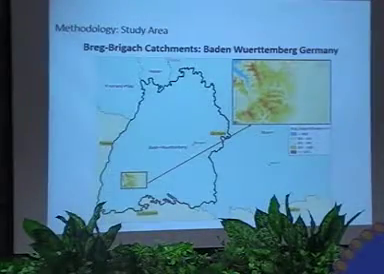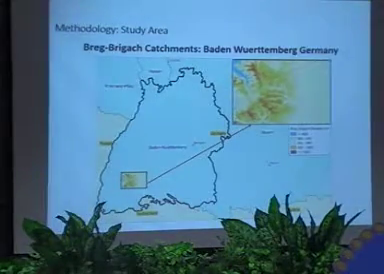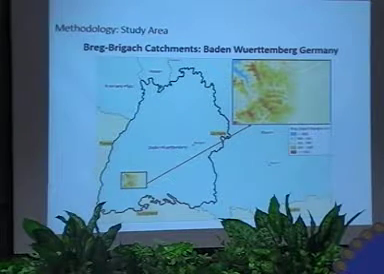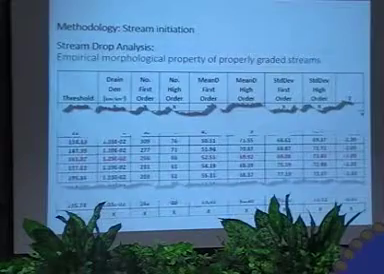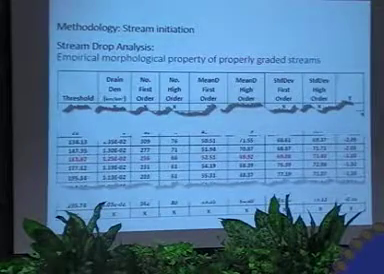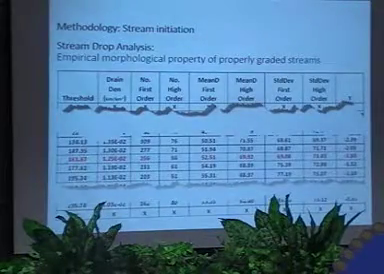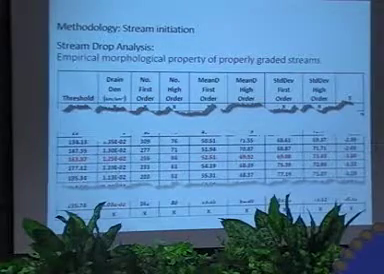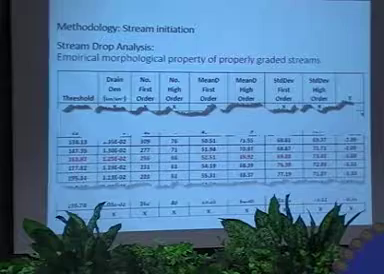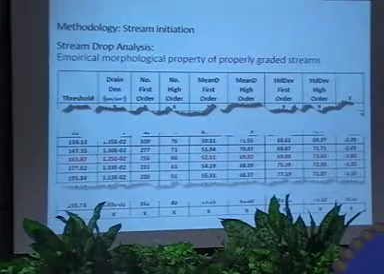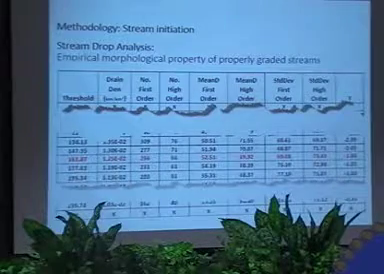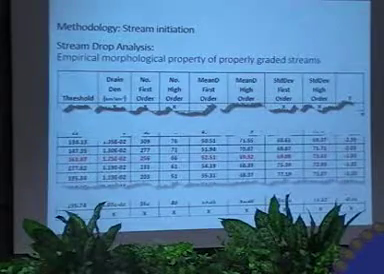So I will give an example of the case study area, which was done in this area in Germany: the headwater streams of the Danube River. To extract the stream network, I used a method called the stream drop analysis. By stream drop, we take the difference in elevation between the beginning and the end of the stream. And this is an empirical property of properly graded streams, meaning they have reached a state of equilibrium between erosion